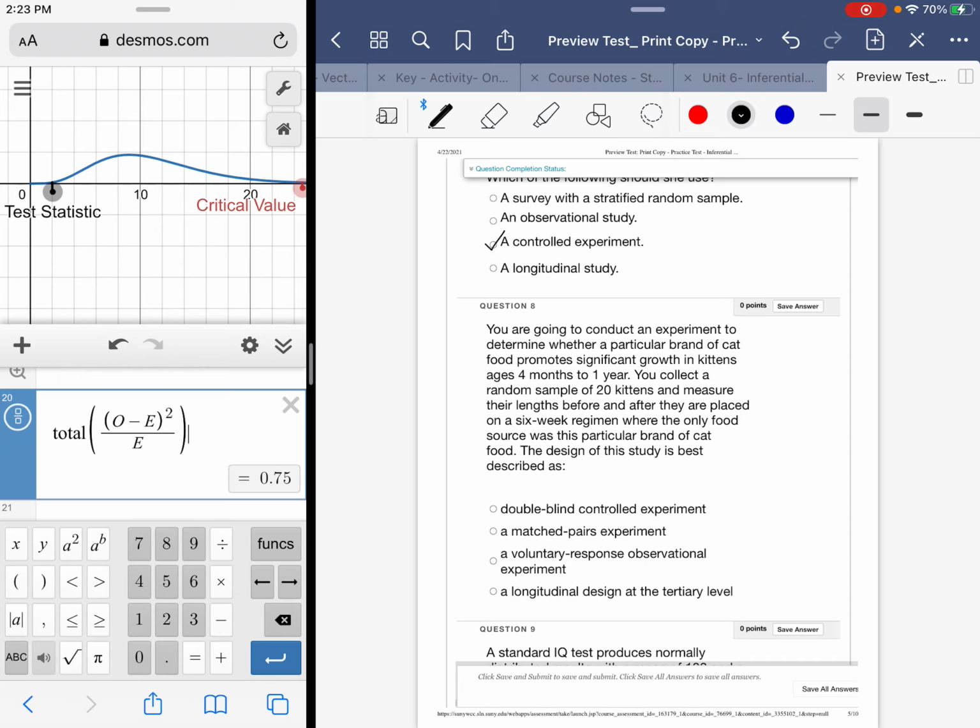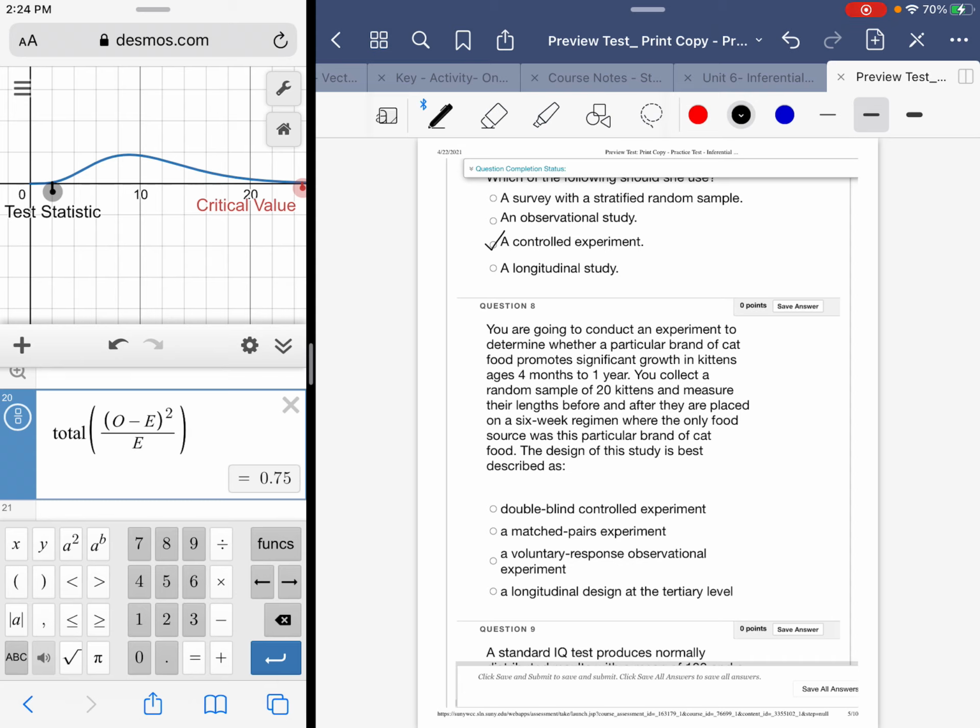All right. Number 8, you're going to conduct an experiment to determine whether a particular brand of cat food promotes significant growth in kittens ages 4 months to 1 year. You collect a random sample of 20 kittens and measure their lengths before and after they are placed, before and after. Okay, so keep that in mind. On a 6-week regimen where the only food source was this particular brand of cat food. The design of this study is best described as